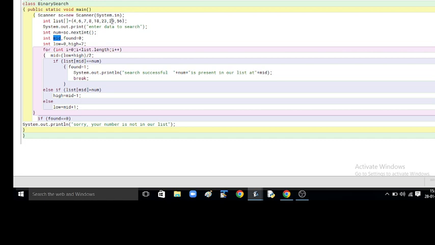Means if our data is somewhere here and the mid place is here, we will set the lower bound to mid plus 1. Then it will check the list from, let's say, 18 to 56, and if it is before this 18, then we say that the high value is mid minus 1. The upper bound will be set somewhere here.